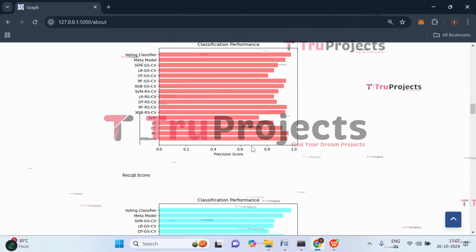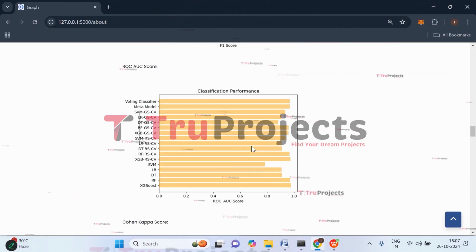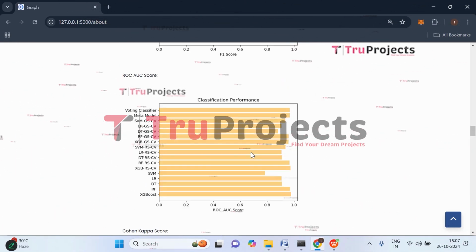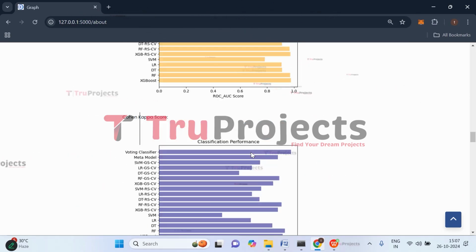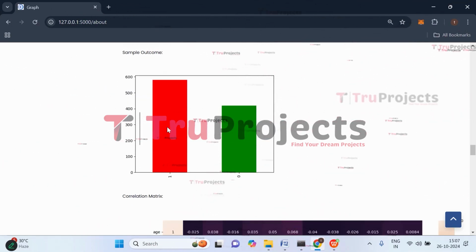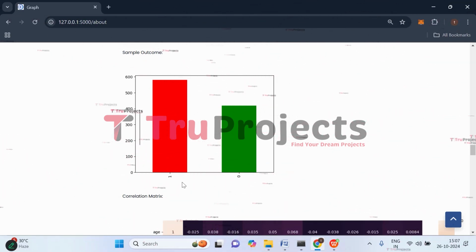Moving on, this is the precision score comparison graph. This is the recall score. This is the F1 score, ROC AUC, and Cohen-Kappa score. All these are the metrics used to evaluate classification models. And here we have data set 2, which is the cardiovascular heart disease data set. Here also on the x-axis